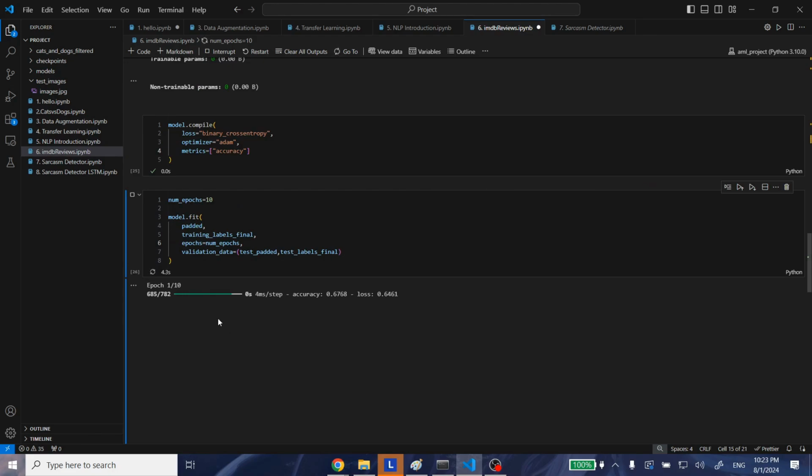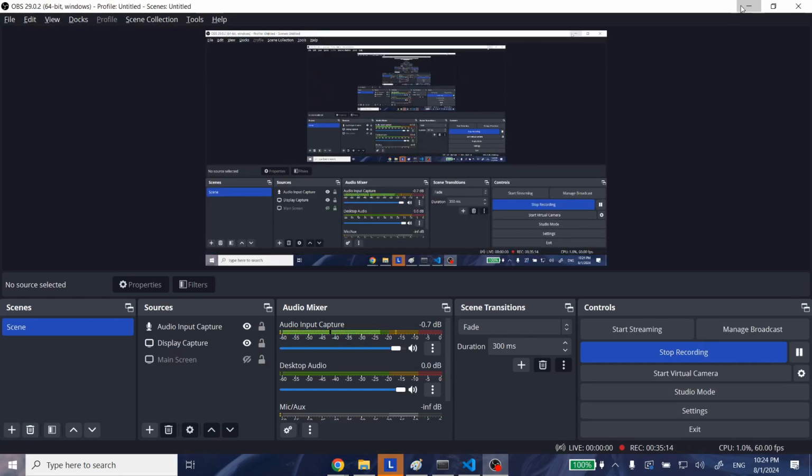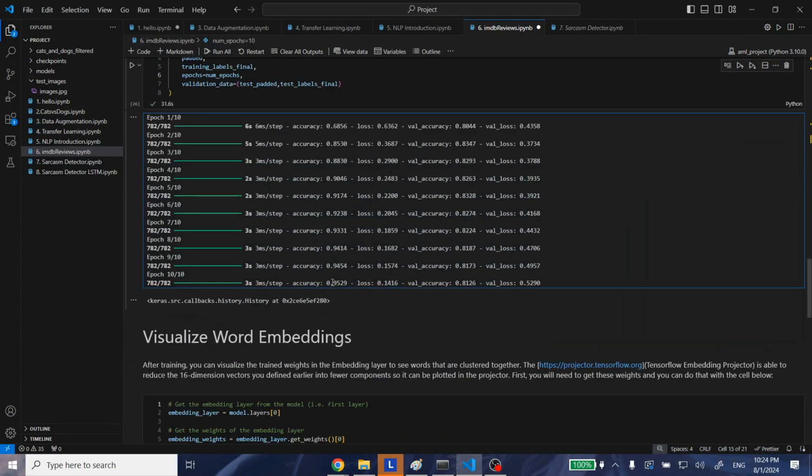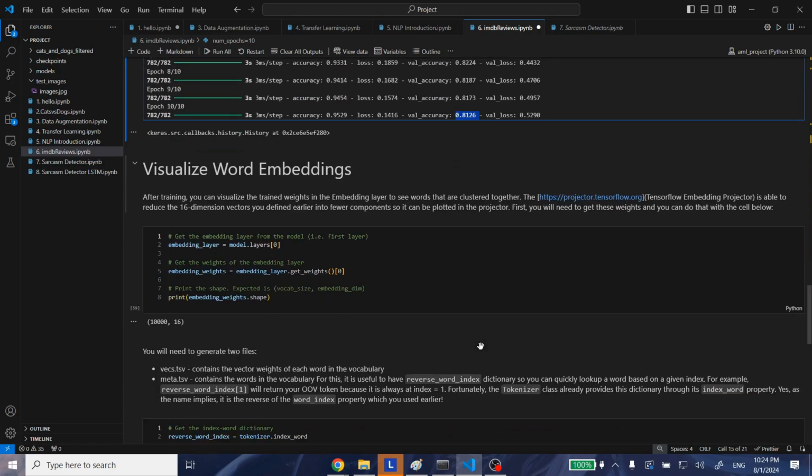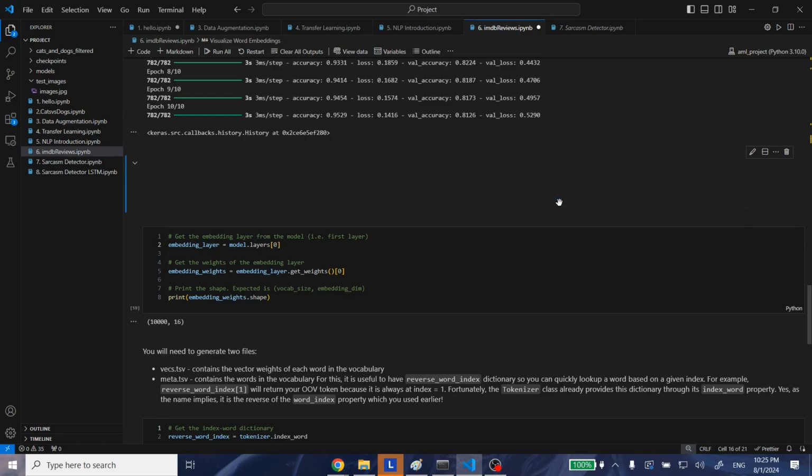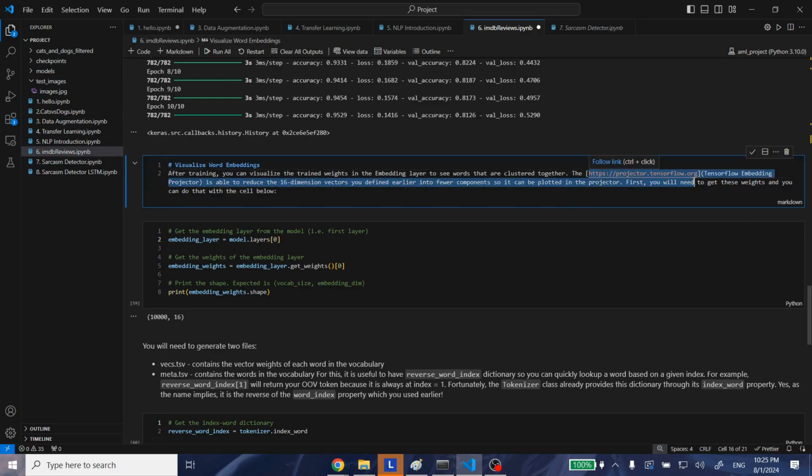So I'll pause the recording, and as soon as this is done, I'll show you the results. Alright, so the training has completed. We got an accuracy of 0.952 and validation accuracy of 0.815. Now the next thing that we're going to do is visualize our word embeddings. After the training, you can visualize the trained weights in the embedding layer to see the words that are clustered together on this website. So I will just copy this website,